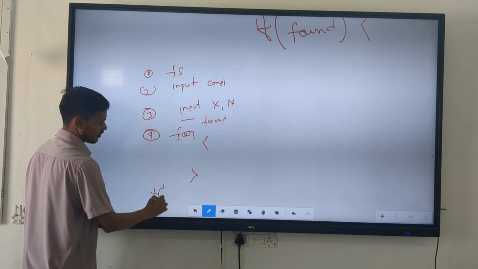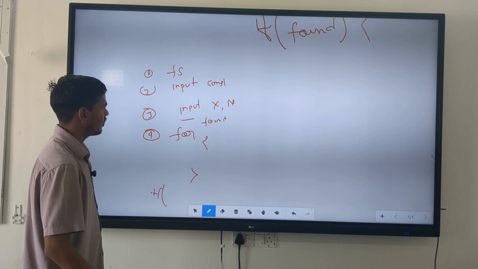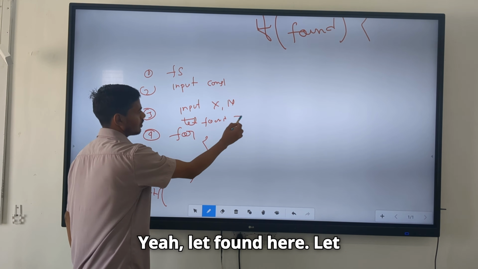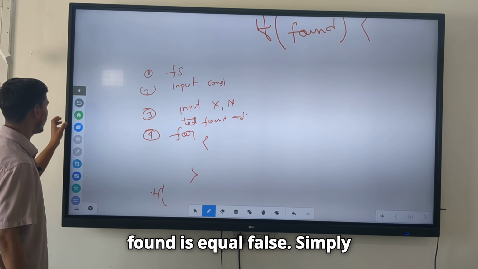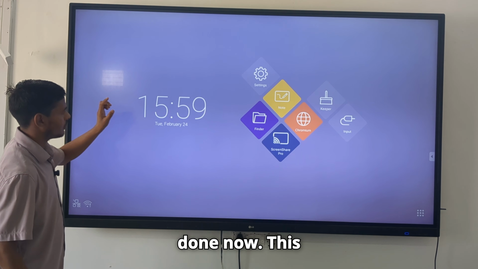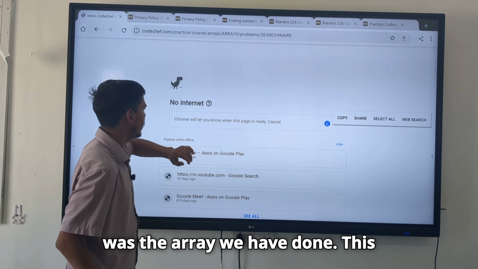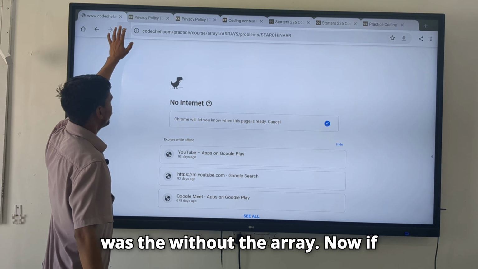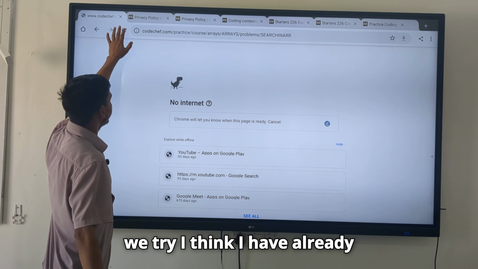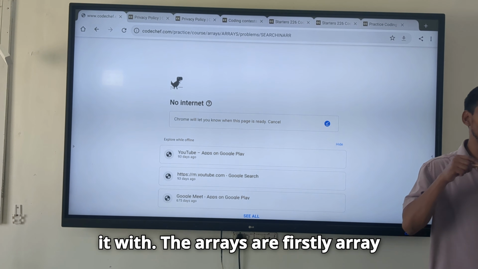If found... Yeah, let found is equal false, simply done. Now this was the array we have done, this was the without the array. Now if we try, I think I have already given you what you needed to do it with the array